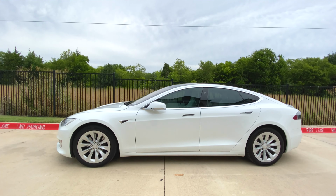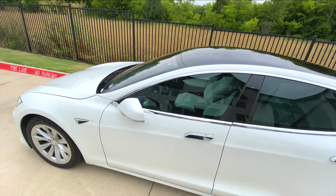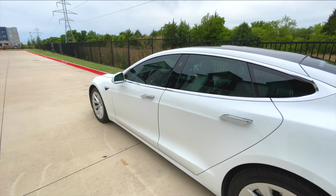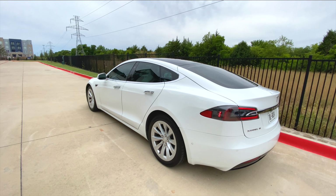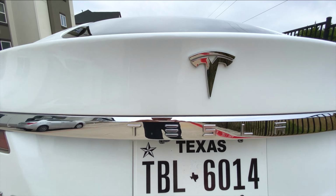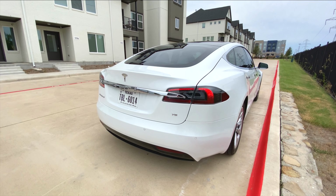Here's the totally interesting part. This design is from 2012. These are the other cars that were in 2012. If that same design of the other cars were in 2023, talk about outdated. But for some reason, the Model S has this timeless design that doesn't necessarily age. And that's what Elon had in mind. He just wanted a vehicle that looked great for a long time, and you would get upgrades over the air